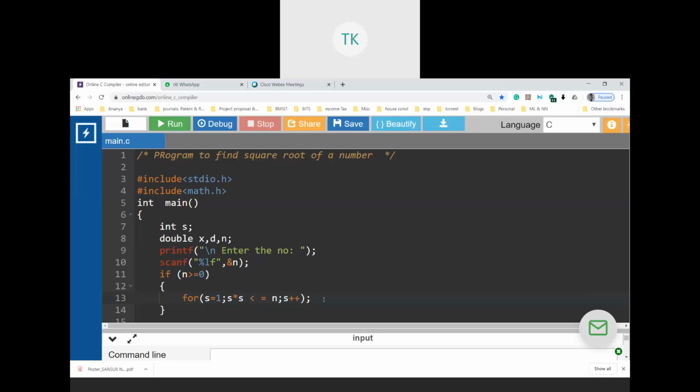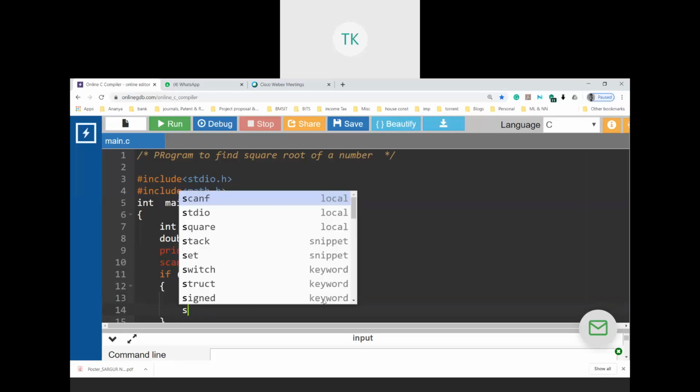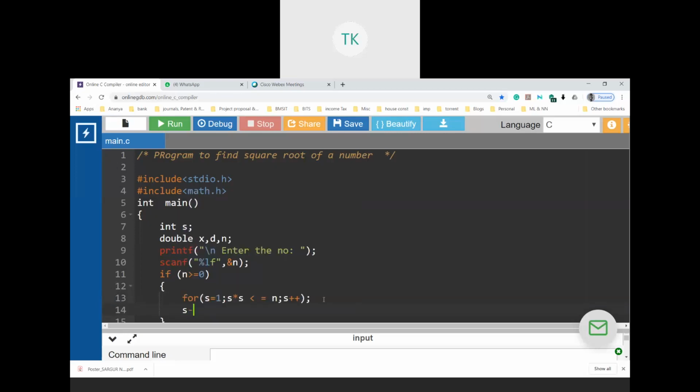Now when it comes out of the for loop, I make a statement which is S minus minus, put a semicolon. What was the value of S while leaving the for loop? 6. I've reduced, after coming out of the for loop, the value of S by 1. So now it is 5.